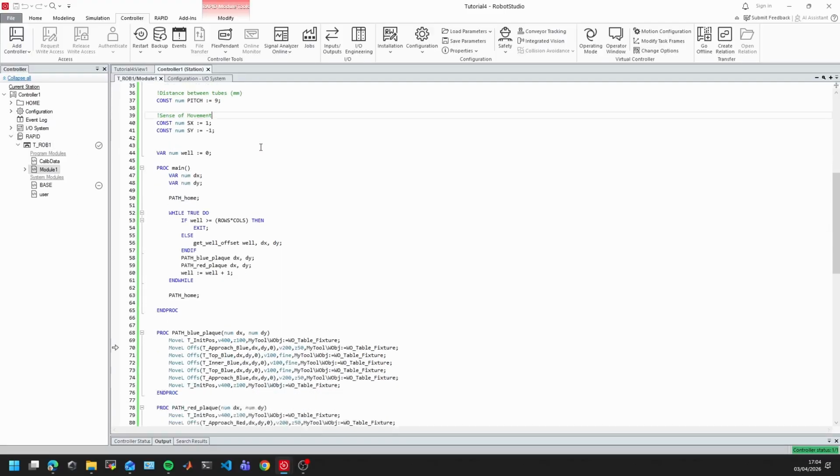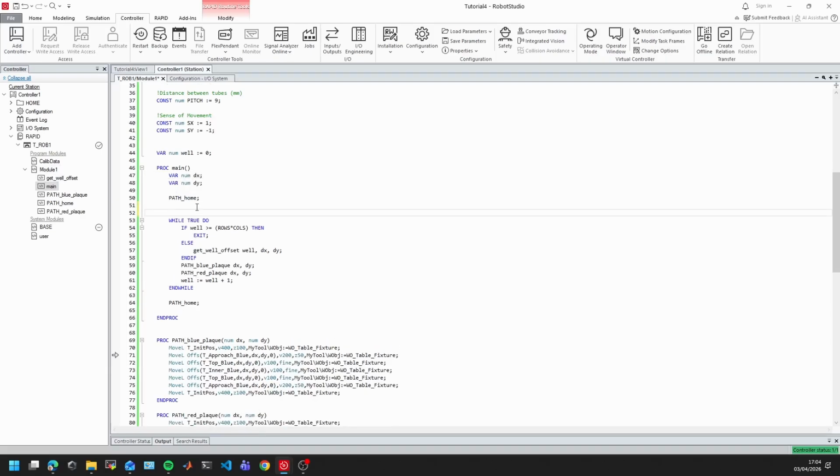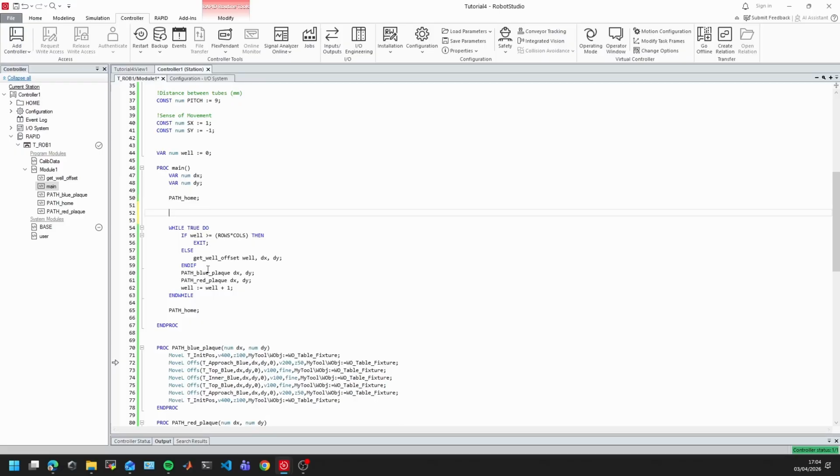And now we can go to our RAPID program. Here it is, the RAPID program. Let's put in here, before the while, let's remember in our program, the first thing that we do is we go home, we go to the position home. Then let's put in here a wait